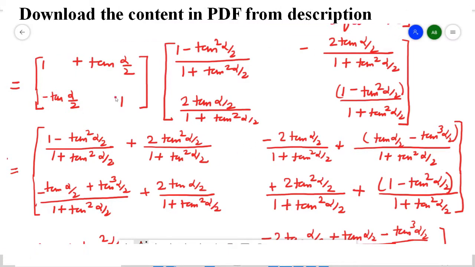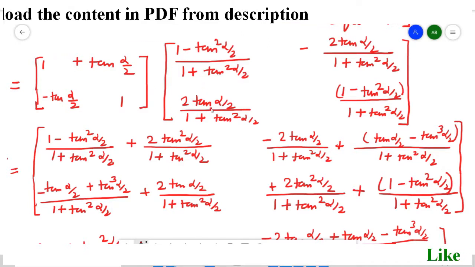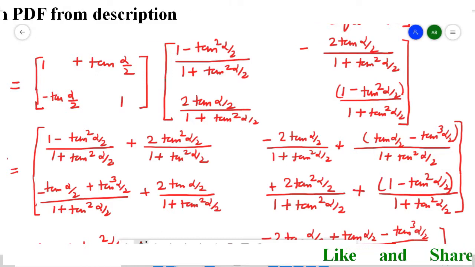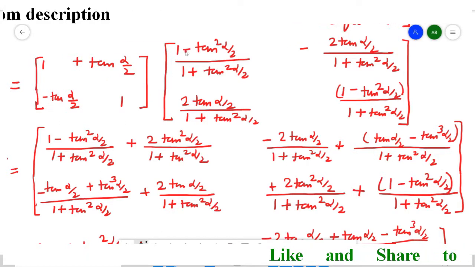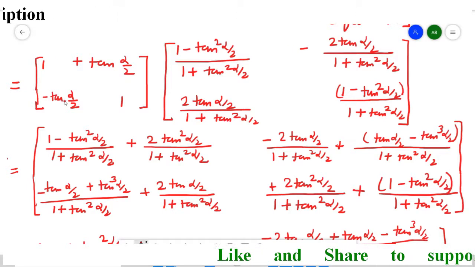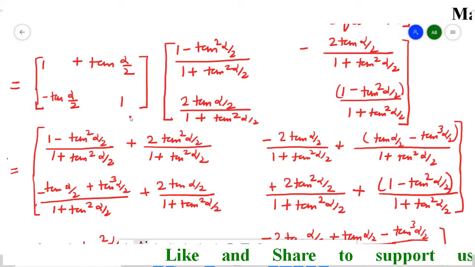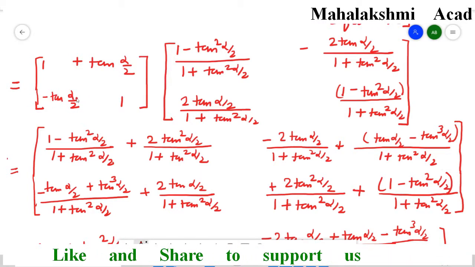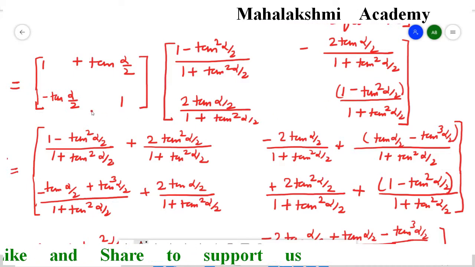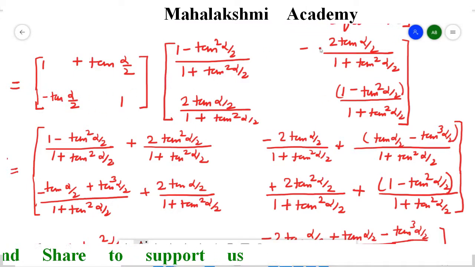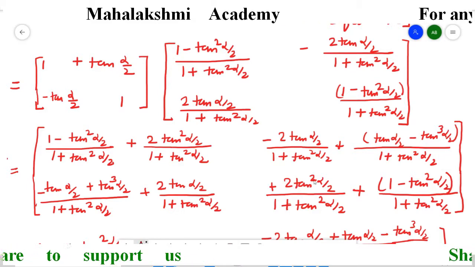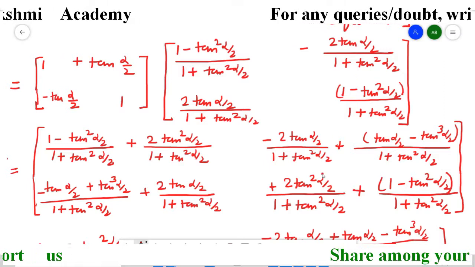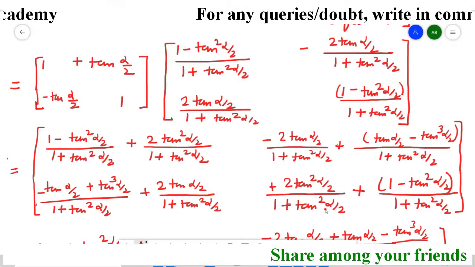Now here the second row will multiply by the first column. So this tan alpha by 2 will multiply here. So the sign will change. So tan alpha by 2 and minus into minus is going to be plus tan cube alpha by 2. So the product of these two I wrote here. Now this 1 multiplied by this term as it is. Now again the second row will multiply by the second column. So minus tan alpha by 2 will multiply this. So minus minus plus, and here also tan alpha by 2, so they will multiply and it's going to be tan square alpha by 2, denominator as it is.